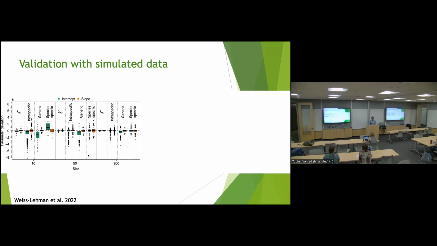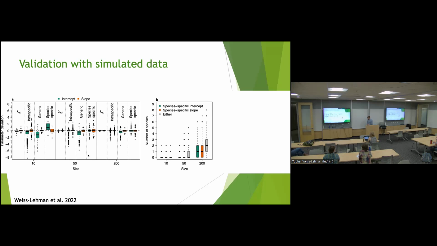Some interesting dynamics that did come out of this, I think, are that one thing we see is that with increasing sample size, the model is able to pull out more of these non-generic terms, so species-specific values for an intercept or a slope in these interspecific competition terms. And so you can see with only 10 data points, on average, the model is almost always just leaving everything as the generic term and doing its best with that. And then as we increase the size of the data set, the model is able to pull out more of these things as non-generic